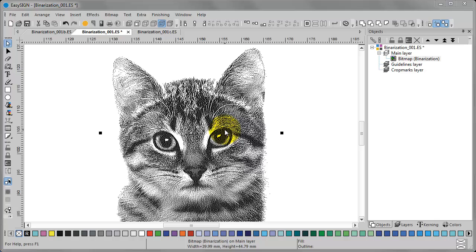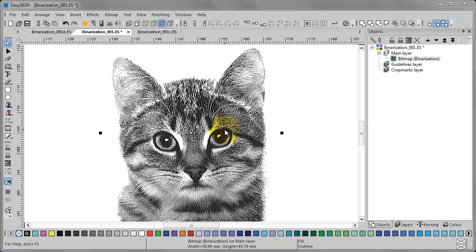Now we have a binarization bitmap that is ready to be handled by, for example, laser, sandblasting or any other process that needs a black and white bitmap as input. This is of course only the tip of the iceberg. Just have a look at the manual and play a little bit with this dialog. I think you will be pleasantly surprised by the ease of use. This was a rather small bitmap, the size one would use to laser it on a drinking glass, for example.